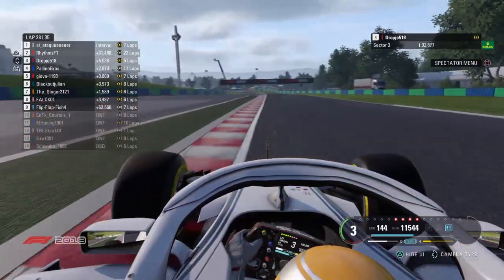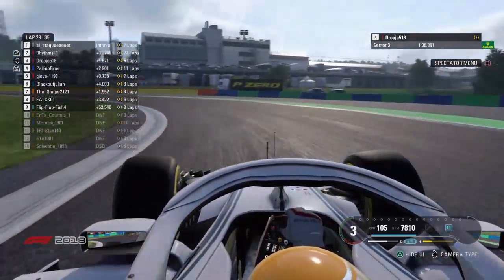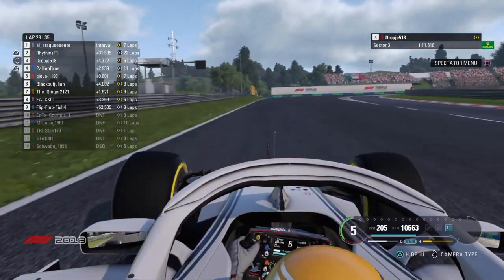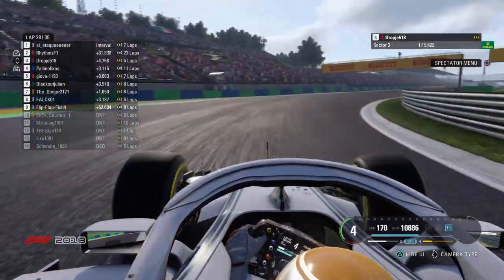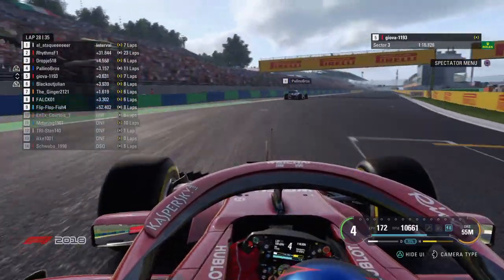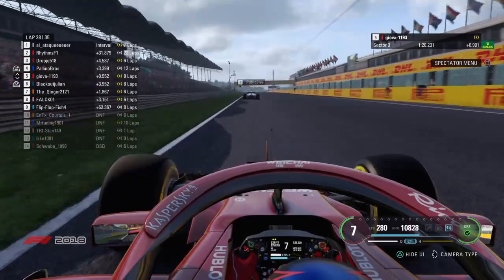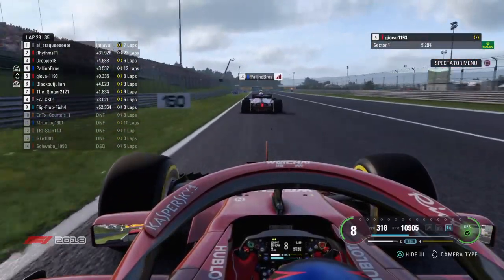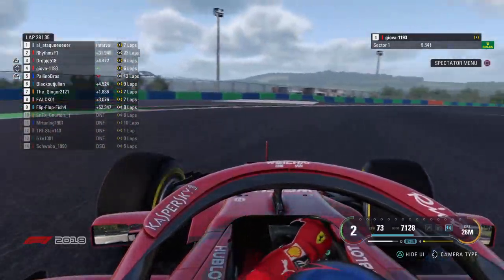Dropier, following in with a 5-second gap to Rhythms, 4.8 now. So Dropier with a fresh set of softs will most likely be catching up to Rhythms sooner or later, as now we should probably turn our eyes on Giova and Polino Bros, as they will now most likely come together. Actually come together, sorry, not come together. I'm not meaning to bash anyone with crashing,